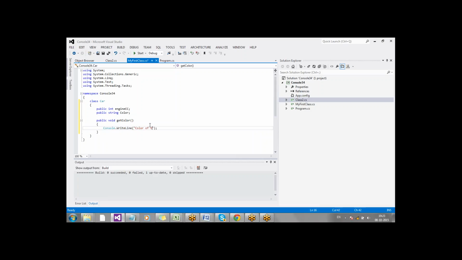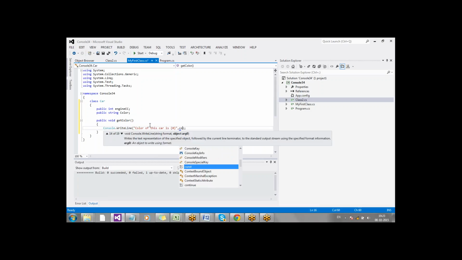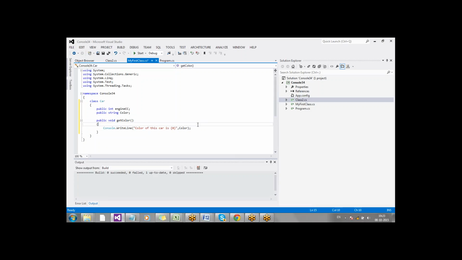"Color of this car is {0}". So what does this refer to? If I mention some number inside my opening and closing braces, it says that after this statement there will be some parameter which I will be passing, and that should be represented in the position of this number.